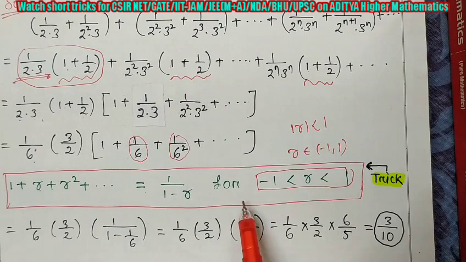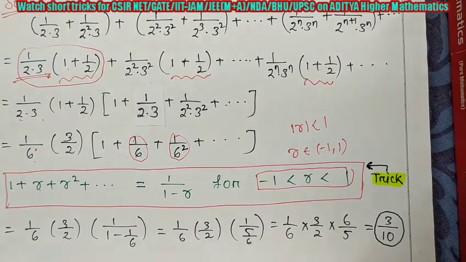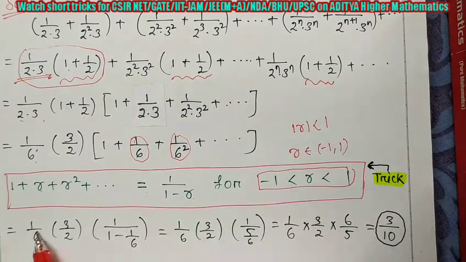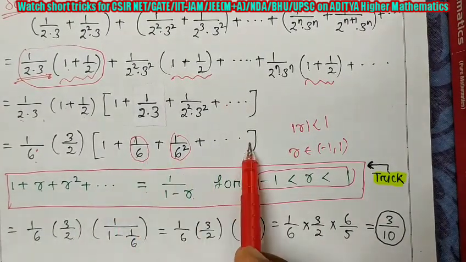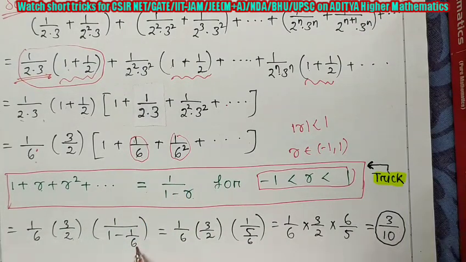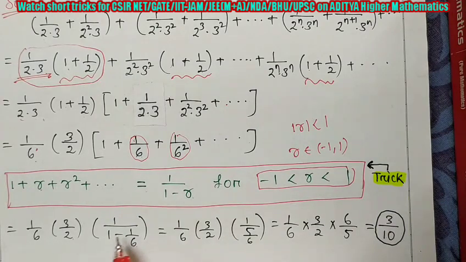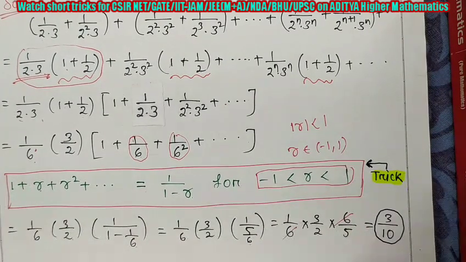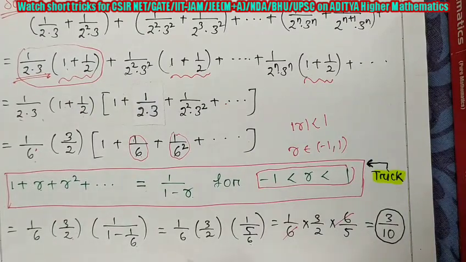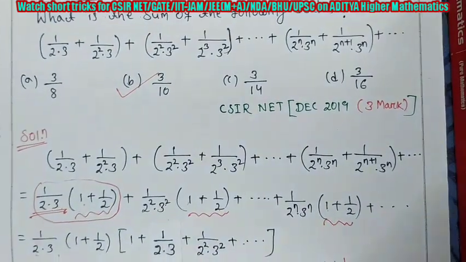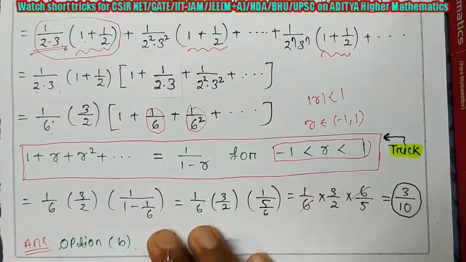You have to remember this infinite series formula, and this is very helpful whatever infinite series question is given. So we have 1 by 6, and instead of this infinite series, now we are writing 1 by 1 minus 1 by 6. Just in r's place we are putting 1 by 6. So 1 by 6 into 1 minus 1 by 6, which means 6 minus 1 is 5 by 6. Now its reciprocal is 6 by 5. So here you can cancel 6 and 6, so 3 by 10 we are getting. And which option is given 3 by 10? Yes, option B. So in this question, option B is the correct answer.